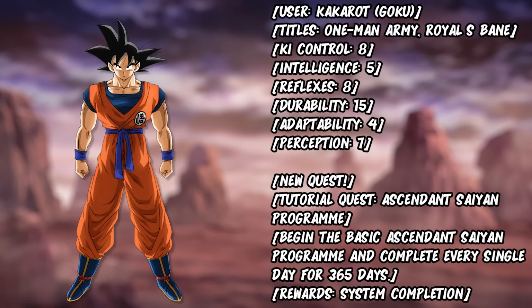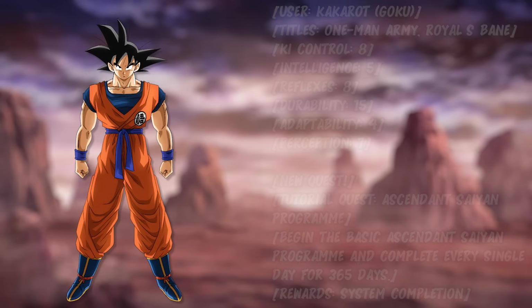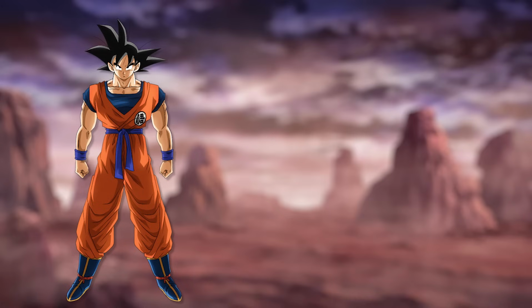User: Kakarot (Goku). Titles: One Man Army, Royal's Bane. Key Control 8, Intelligence 5, Reflexes 8, Durability 15, Adaptability 4, Perception 7. New quest: Tutorial Quest, Ascendant Saiyan Program. Begin the basic Ascendant Saiyan program and complete every single day for 365 days. Reward: System Completion. It seems like Goku is back to square one, but he has the feeling that the mountain